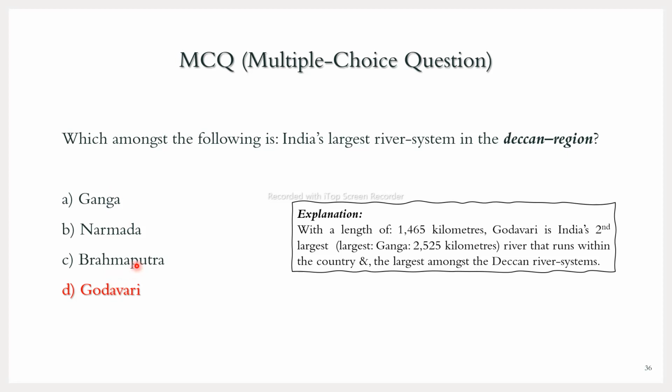But the total length of Brahmaputra, probably it has started in the Tibet. So within the Tibet, the northeast states, and certain parts are there in Bangladesh also before it gets mixed with the Padma River. So the total length of Brahmaputra is 29900. So it is the largest, even larger than Ganga.